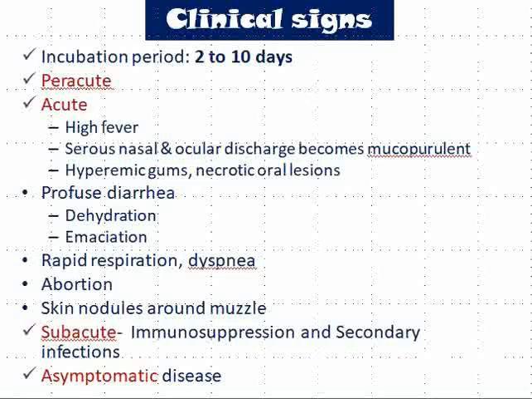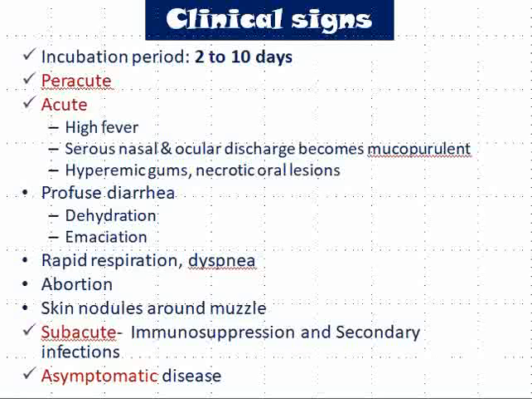Within a few days of the onset of fever, the gums become hyperemic and small grey necrotic foci covering shallow erosions begin to appear in the mouth. Most animals develop profuse diarrhea, which may be watery or blood-stained with a very bad odor and sometimes contain shreds of slough tissues. Signs of pneumonia like rapid respiration, dyspnea and coughing are commonly seen.